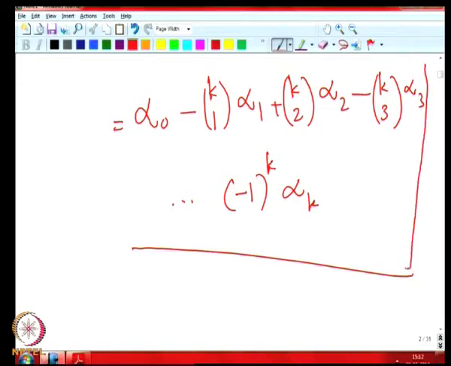This is nothing non-trivial, it's quite an easy thing. You just have to observe that when every term that is summed up in a summation is of equal value, then we can just multiply by the number of terms in the sum. For instance, in the first sum we have K choose 1 terms, in the second sum we have K choose 2 terms, in the third sum we have K choose 3 terms, and that is all.